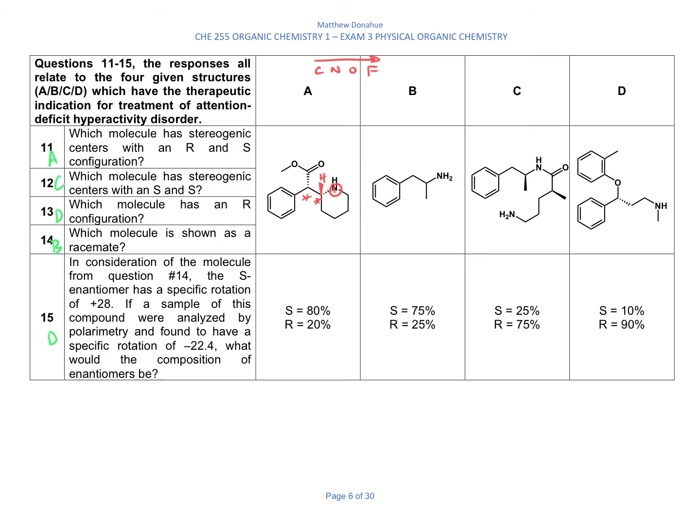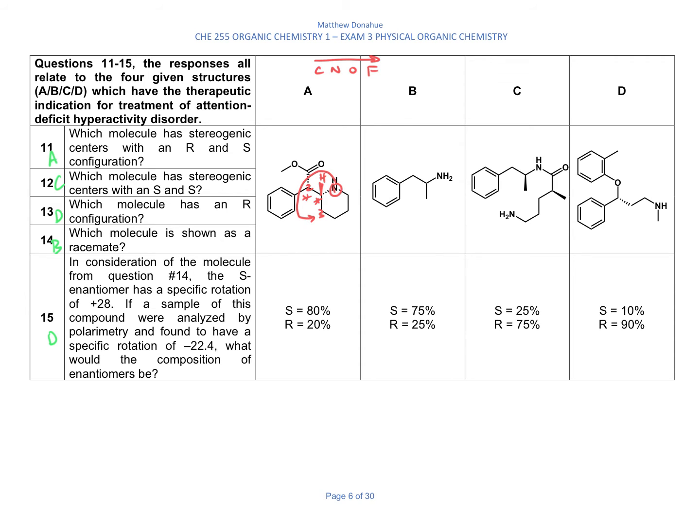If we look at what's bonded to each of those, we have carbon, H, and H. Here we have carbon, H, and carbon. So this has 2 carbons, so that's going to win. So let's go ahead and put the 2 there. So 2, 3, and we find that this is going